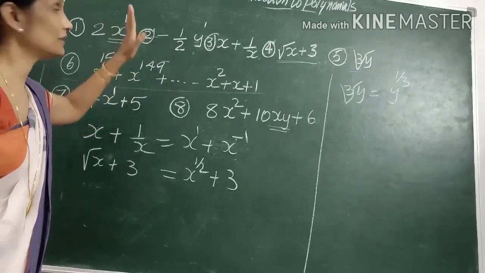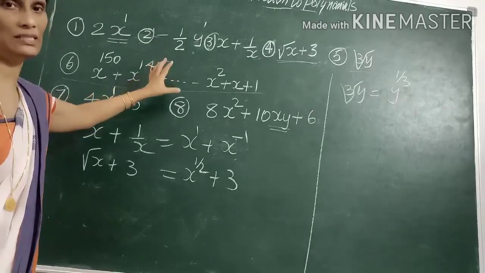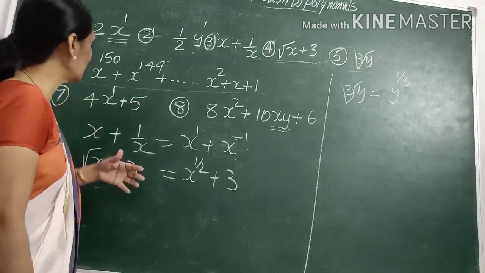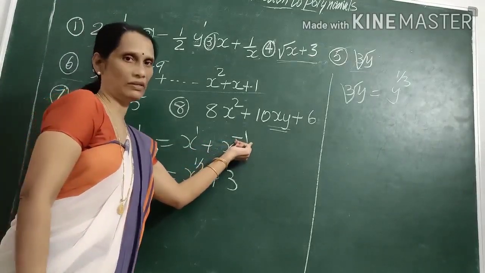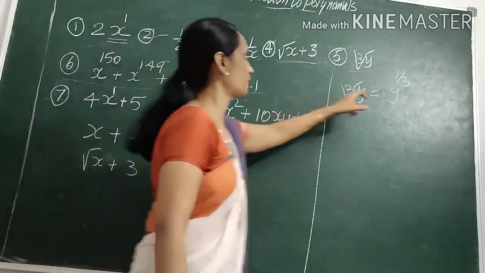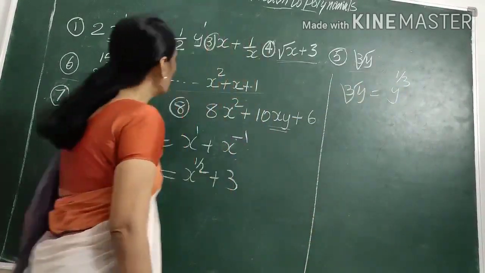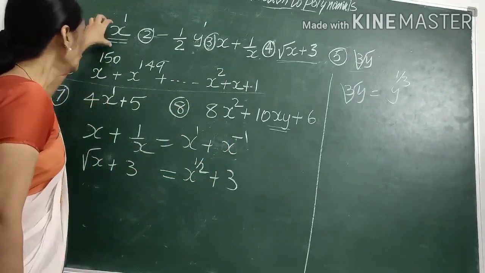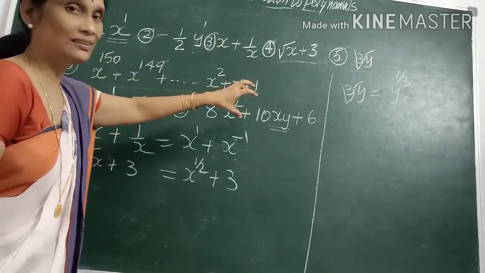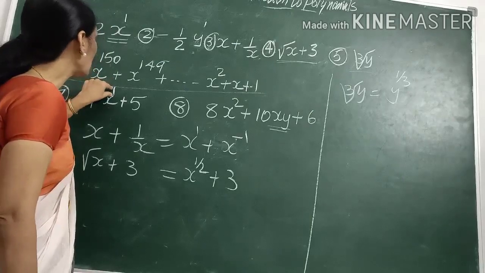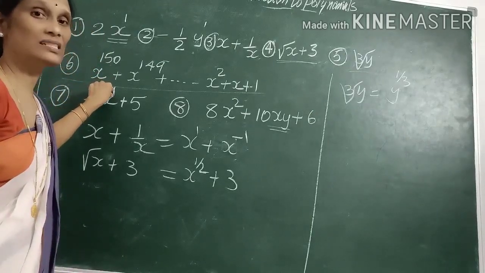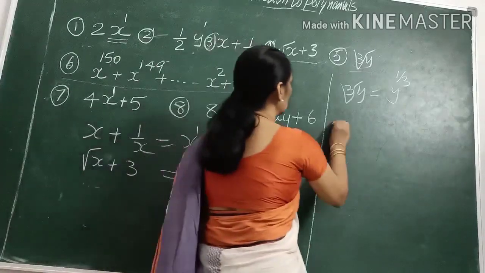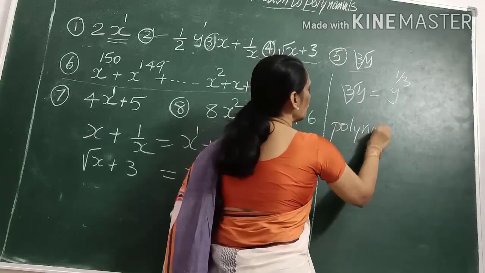Positive integral numbers, or integers, positive integers, or otherwise we can say a whole number, right? But in some cases, like here, it's a negative integer, and also see here it's a fraction. So these all are algebraic expressions, but all the algebraic expressions with the exponents of the literal factors as positive integral numbers, we call it a polynomial.